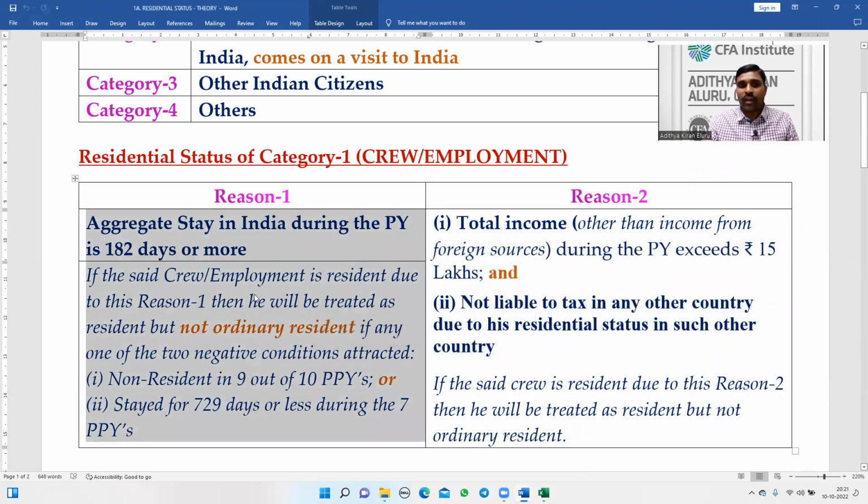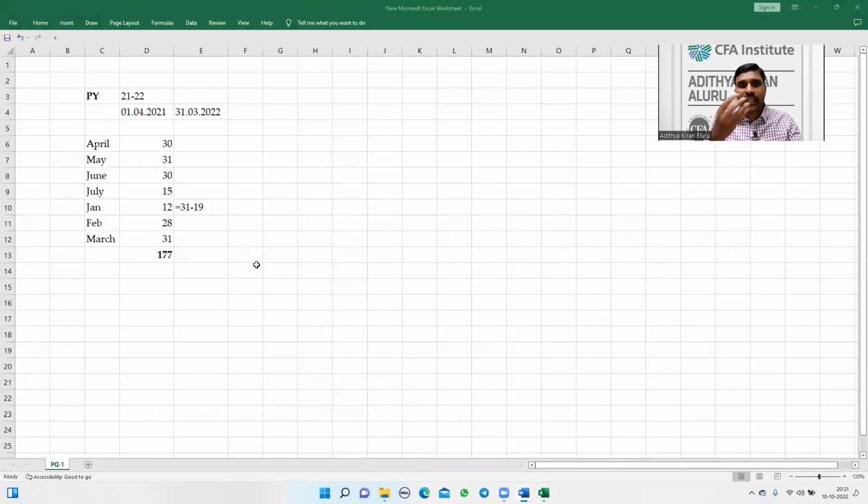That's it. Category 1 individual, not ordinarily resident. So he is not a resident at all. If he is a resident, then there is a question of resident and ordinary resident, or resident but not ordinary resident. In the given case, he is not a resident at all. Since the stay in India is only 177 days, that is less than the required 182 days,